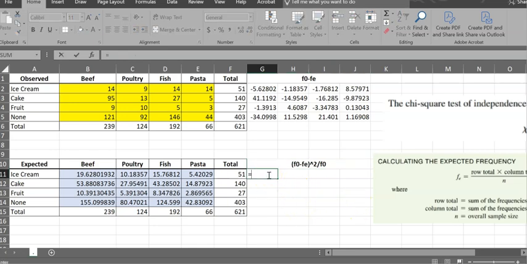Okay, so what I'm going to do, I'm going to do equal sign, I'm going to select this value, I'm going to square it, shift 6 and 2, and then divide by the fe, which is this one. All right, f expected, and enter. And this is going to give you this value, and we're going to do exactly the same thing to regenerate